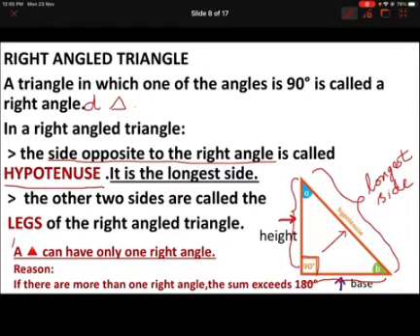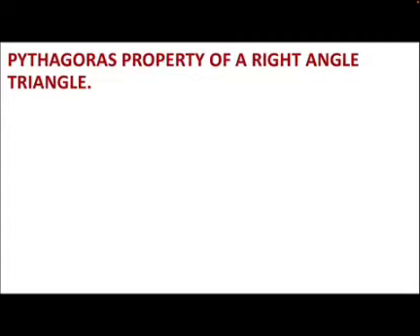Remember, children, this is a very, very important conclusion: a triangle can have only one right angle. What is the reason? Suppose we have two right angles, then what happens when you add all the three angles? The sum will exceed 180 degrees. So a triangle can have only one right angle. Similarly, a triangle can have only one obtuse angle. I hope that's clear. Next,